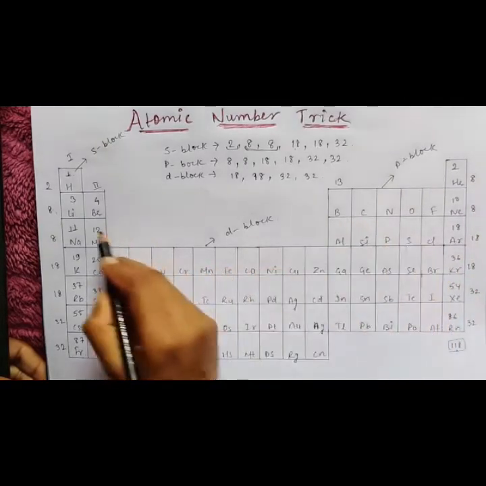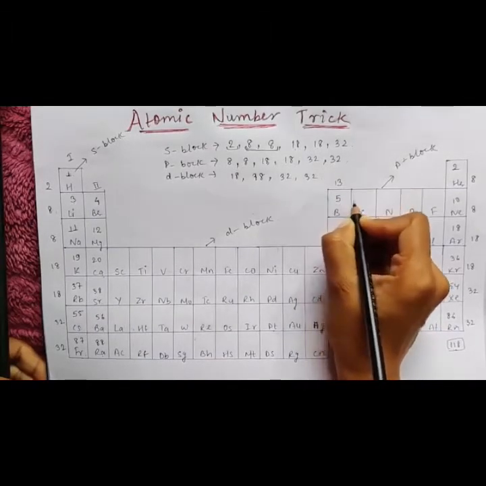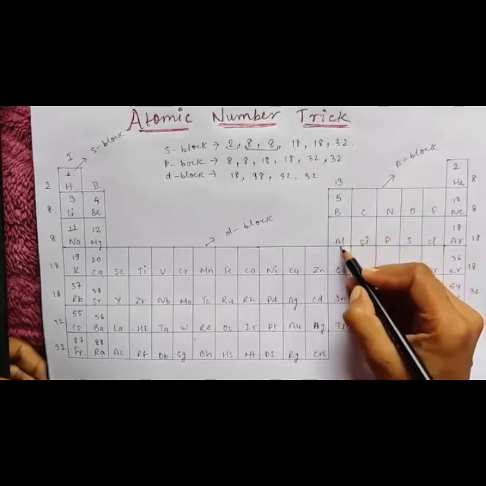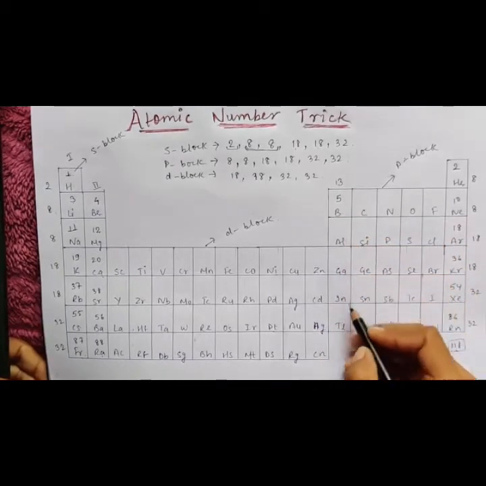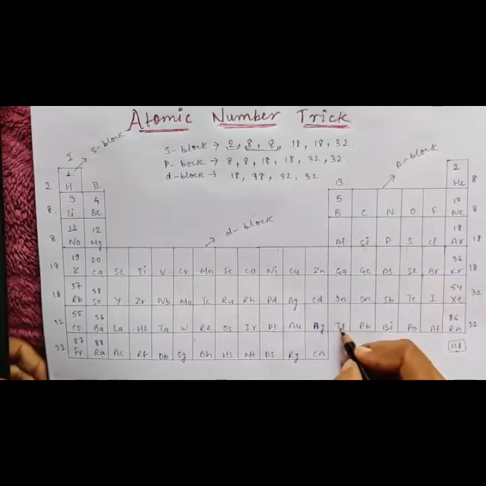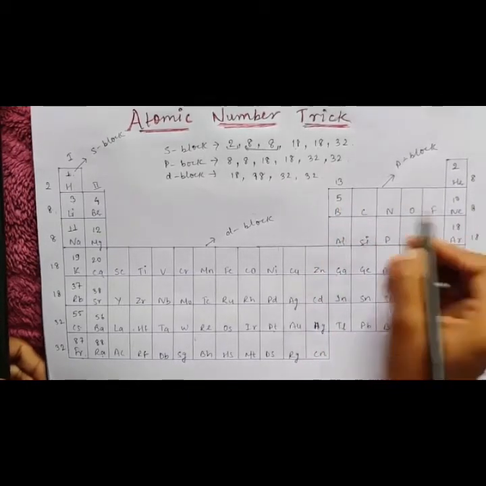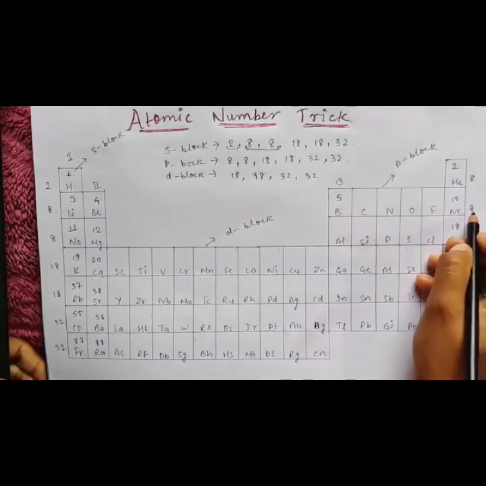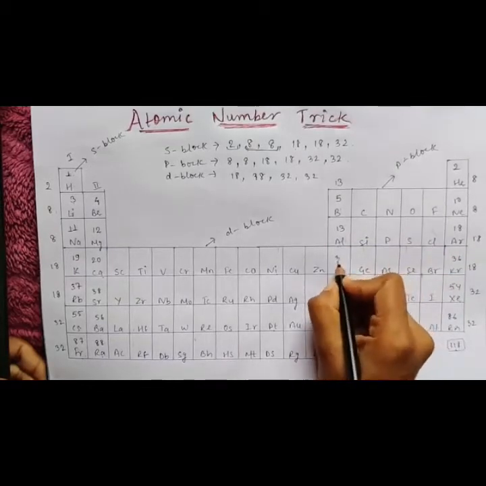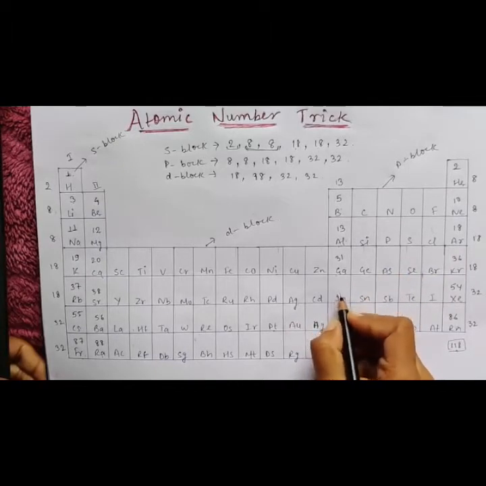Actually 1A and 2A are over from the left side. This is 3rd A. So these elements are the 3rd A elements. All of these you have to follow in the same order. These are the 3rd A elements. The 3rd A elements are those where the valence electron enters ns2 np1. It means after S is complete, only 1 electron enters P.